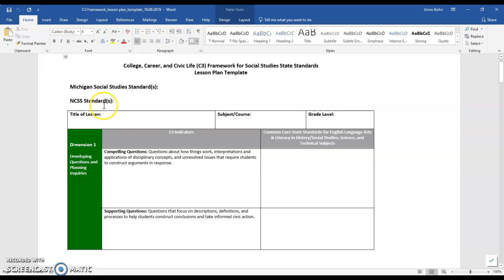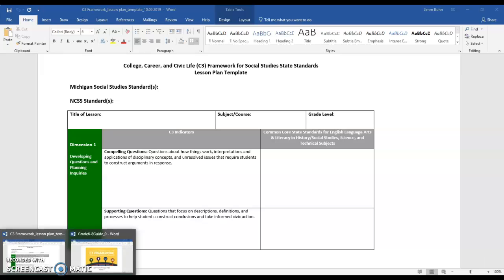I'm going to say just go ahead and do the Michigan Social Studies ones. I mean, go to the national standards. I just don't see anybody ever caring about the national standards versus their own state standards. So go in here and find your social studies standards. If you go, let's see here,